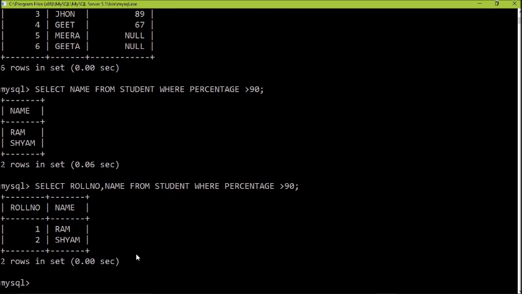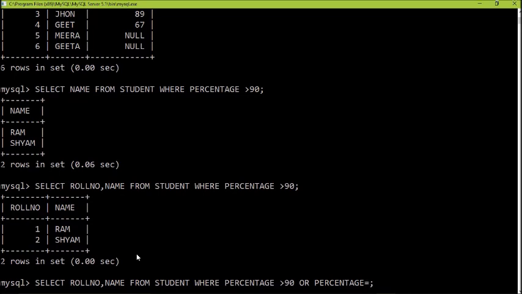Now the usage of or. Fine, so how to use it? Where percentage is greater than 90, or what I must say, percentage is equal to 67.